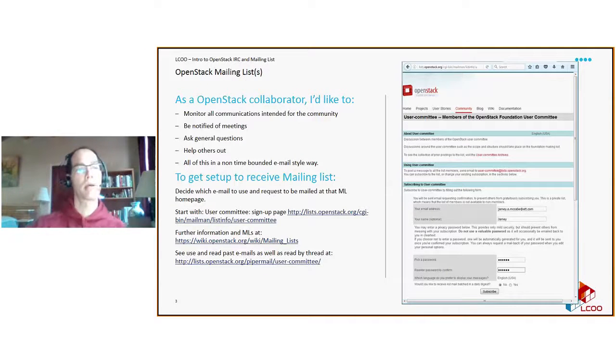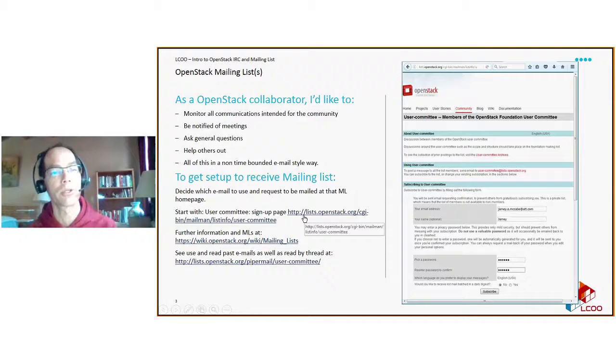So how do you get set up? First, you need to decide which email to use and request to be mailed at that mailing list homepage. And this, to the right, is the mailing list homepage for the user committee. So that's my point number 2 here, is to start at that page. So very easiest and the main thing for everybody here, if you aren't already in the user committee mailing list,